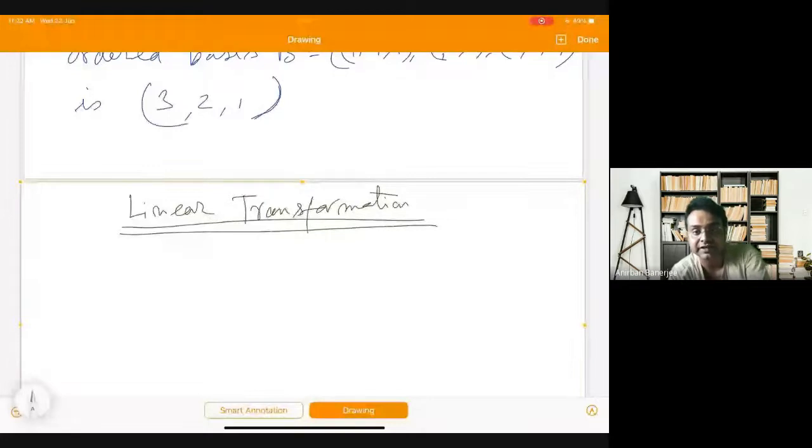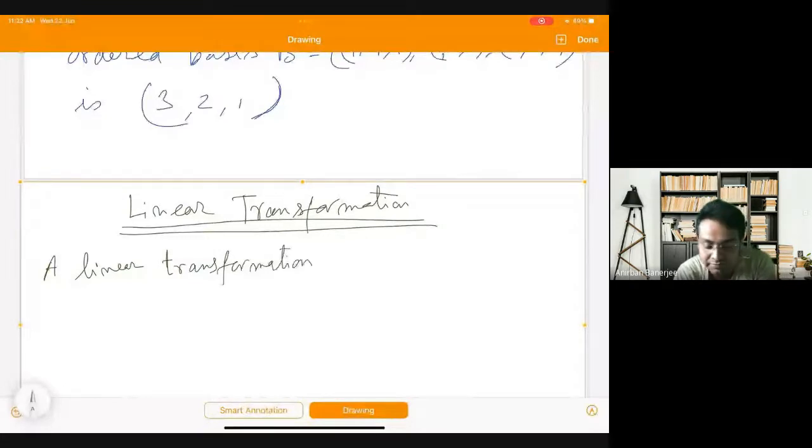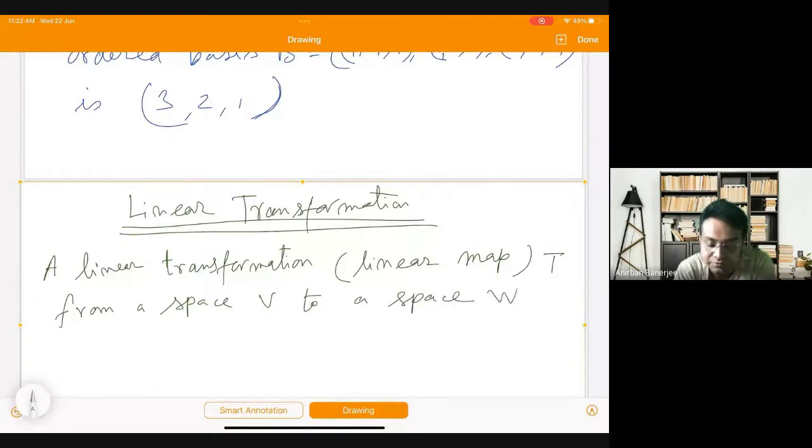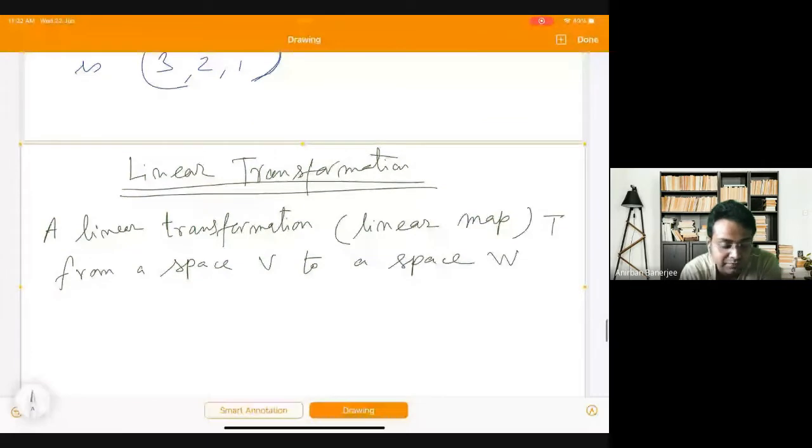So linear transformation, first I write down what is linear transformation. A linear transformation, or sometimes it's called also mapping, transformation, or sometimes called the linear map, and so we denote by T, from a space V to another space W is a map which satisfies